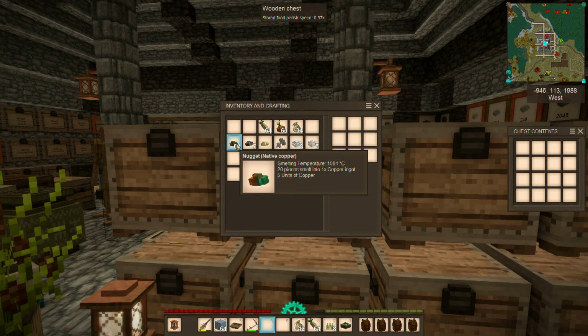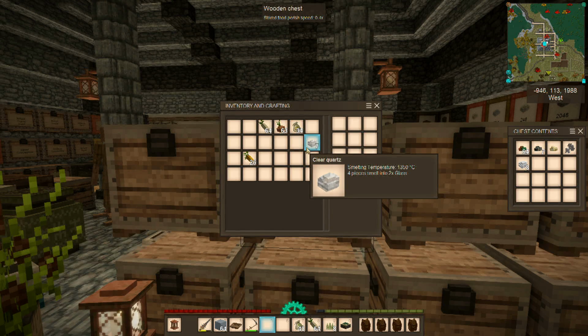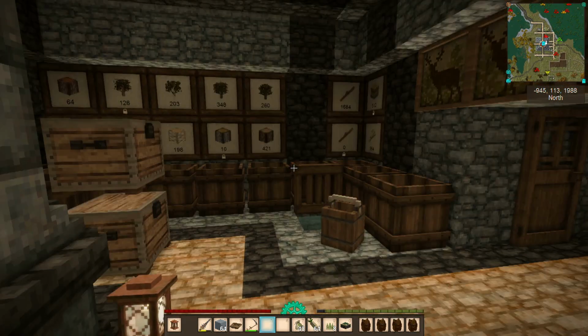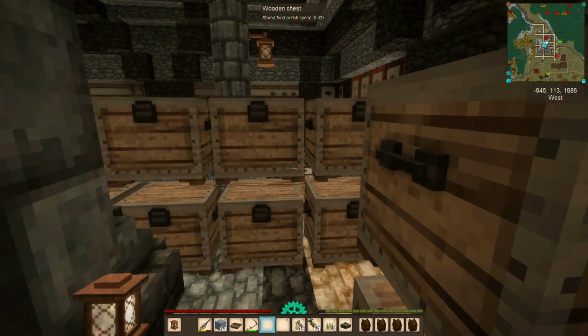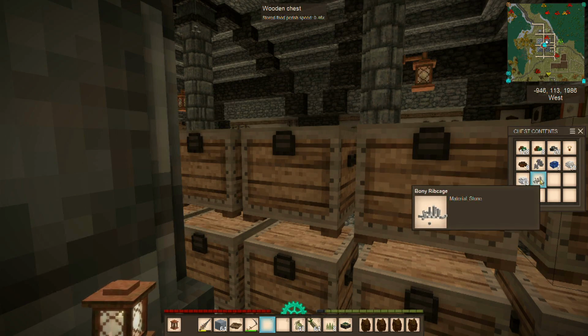But yes, we are getting a lot of stuff, lots of copper, lots of sphalerite, some gold, metal parts, quartz of both clear and non-clear. Then we've also gotten several temporal gears, a bunch of rusty gears, some necklaces, even some lapis. You know, I'm really surprised at that, but we got some lapis, and we got bony rib cages,